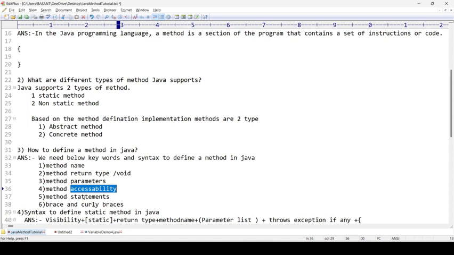Method statements are nothing but the code snippet which is intended to perform a particular task. Those are the method statements. Then the braces and curly braces. Okay, fine. Apart from this,